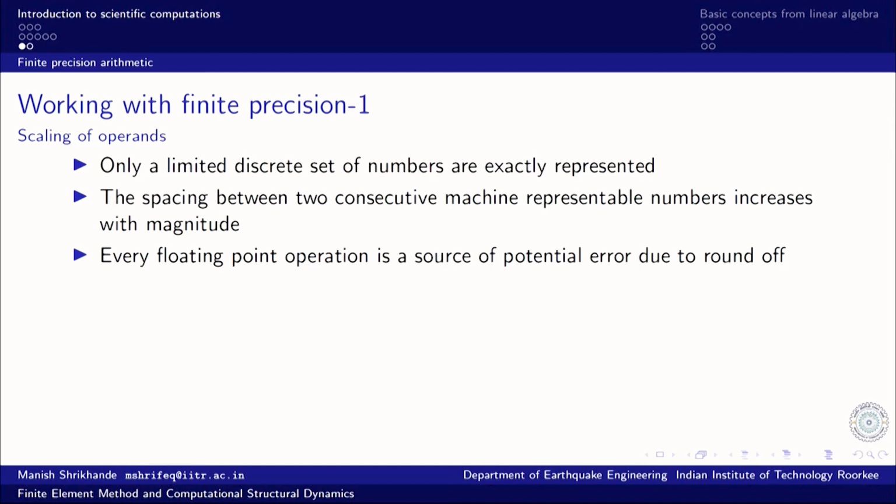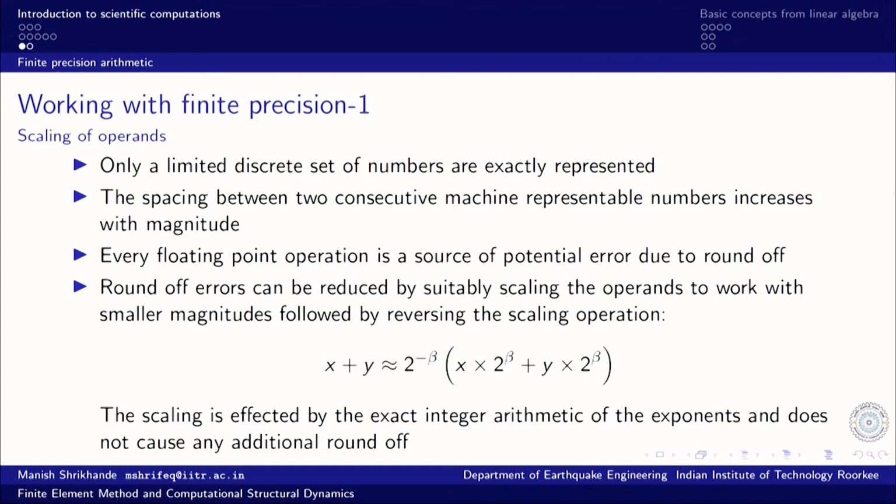So, every floating point operation that I perform on a digital computer is a possible source of error. It is a potential error due to round off, and if I use the result of a floating point operation again in subsequent computation, it compounds error onto already existing errors, and that keeps on happening. But as I said earlier, the scaling is important.